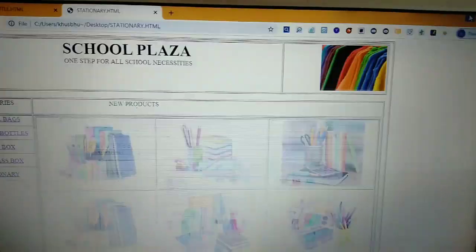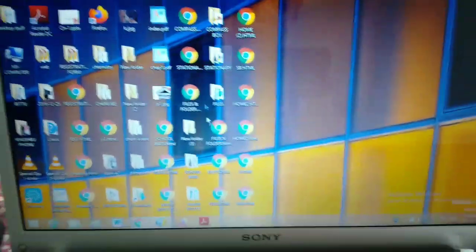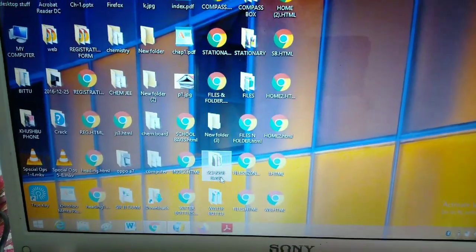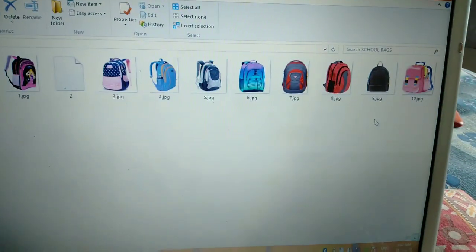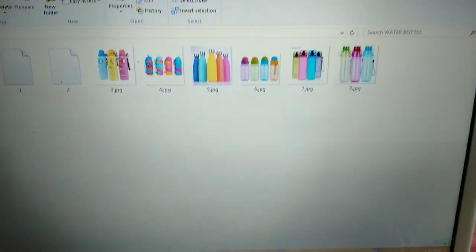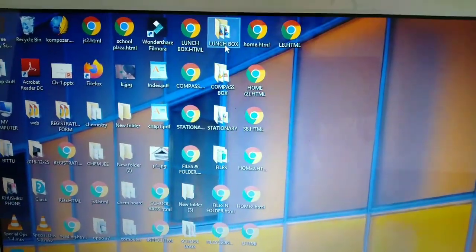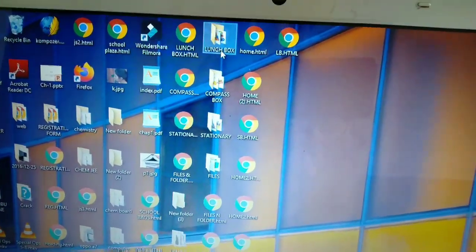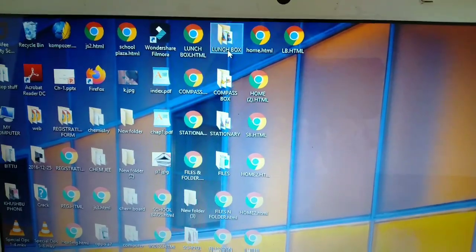Now one thing, I have already downloaded all the images. Can you see all my images? Can you see the school bags folder? In my school bags folder, all the school bags images are available. In my water bottle folder, all water bottle images are available. I have created a folder for each and kept all the related images in it.